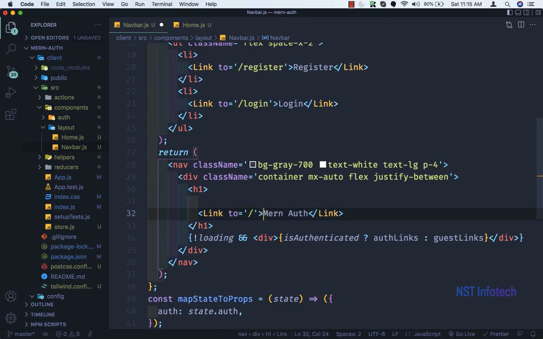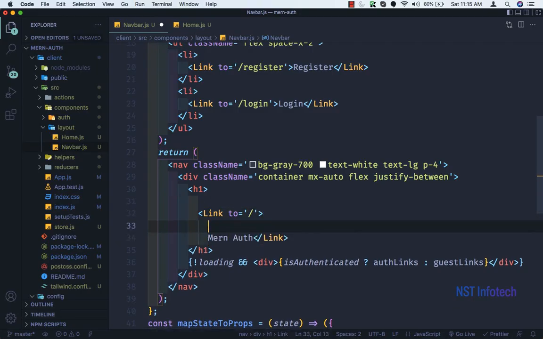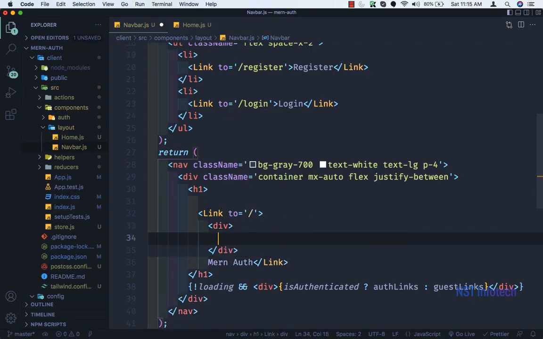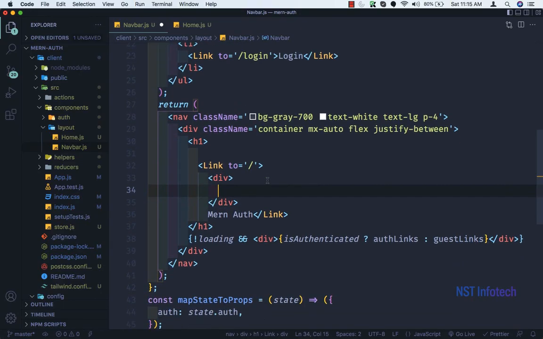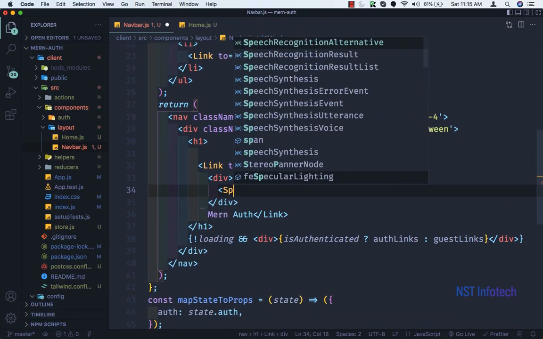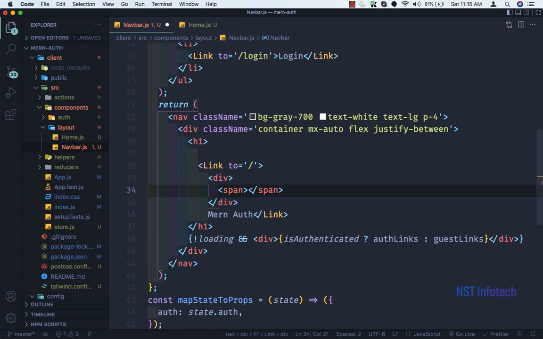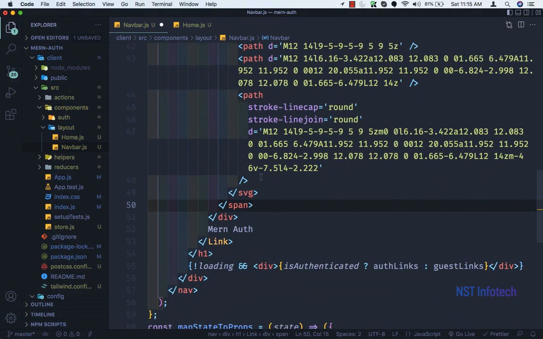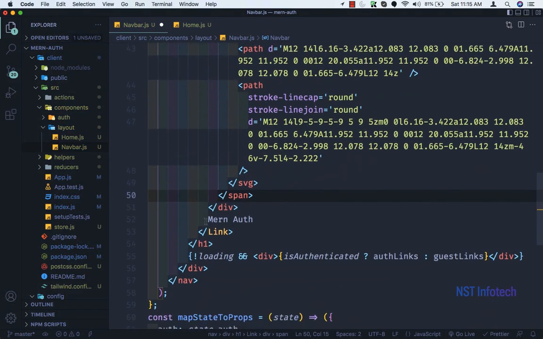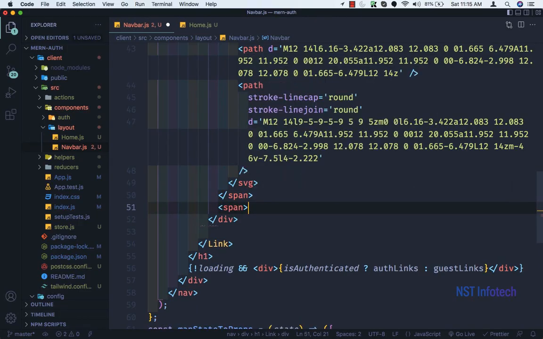So inside this link tag, I'll take a div tag. Then inside the div tag I'll take a span and I'll paste the SVG which I've copied. Then this MERN auth, I'll just cut it out, and after the span I'll take one more span and paste it,